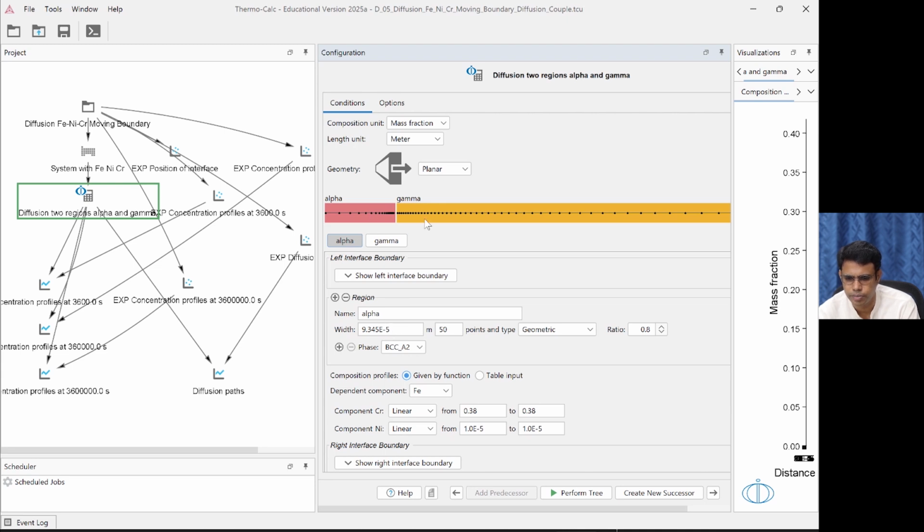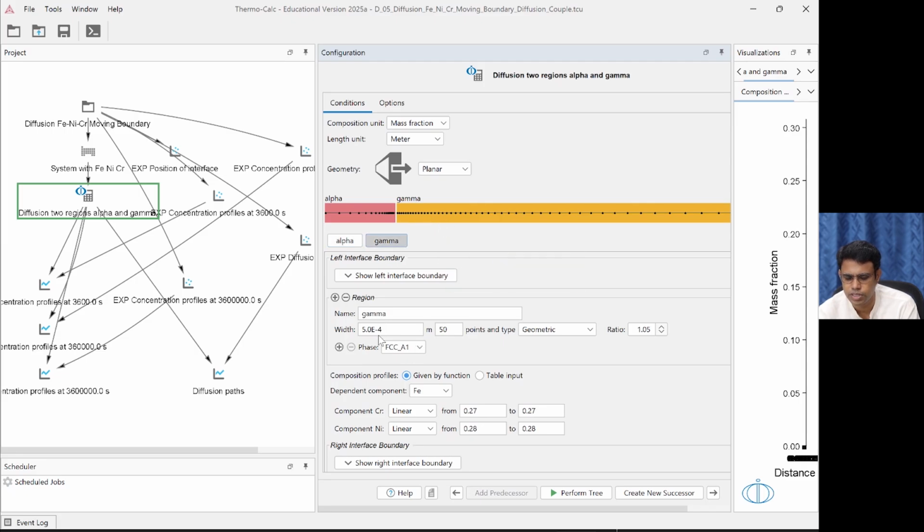It's quite thinner compared to this. Okay, and the phase in that region is BCC. Okay, so this is known to us. The Fe-Cr binary, if you analyze, you will know, or a ternary diagram if you plot, even then you can analyze this. I will also show you the ternary diagram shortly. So this is one end member which is BCC, the other end member is FCC. So this gamma phase is FCC.